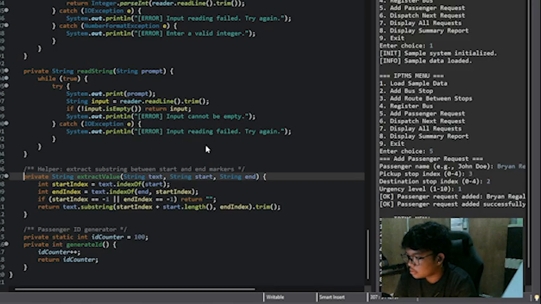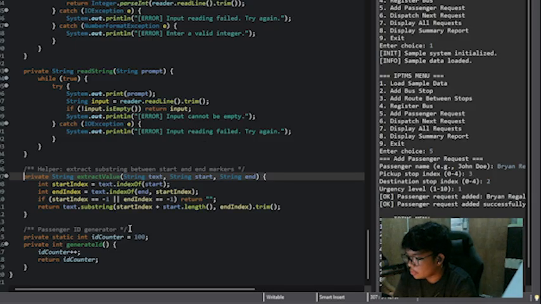Next is, for line 307, the extract value method. It parses a formatted log string to extract specific pieces of information such as passenger name or distance, and it also supports summary report table formatting.